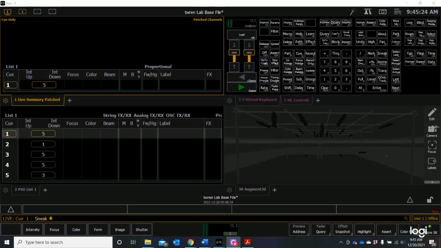So 3D Augment has two levels of patch. One controls the visualizer and you can't edit it. I have already defined that and locked that, so you won't be able to edit that. And the other patch is actually the dimmers and the addresses that we use in the Light Lab. And by aligning those two, what you do in the virtual world in 3D Augment will match what you do in